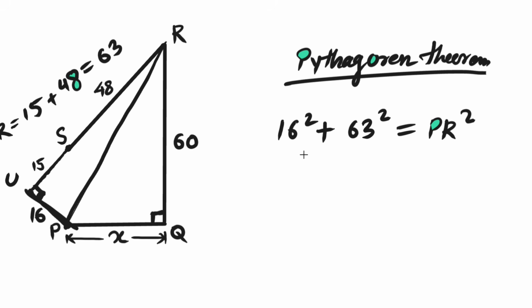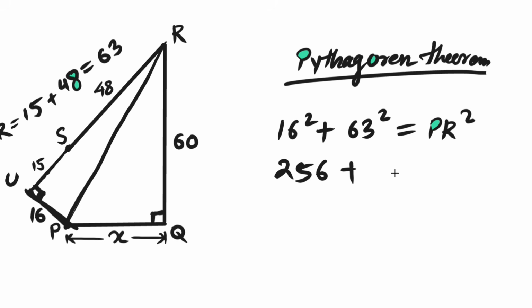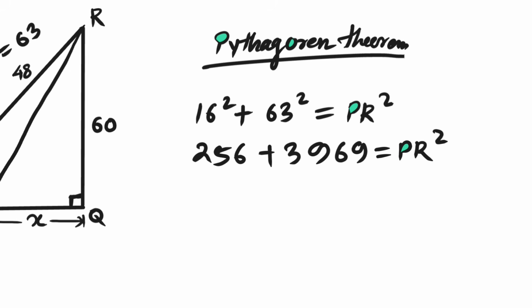Now, let's actually compute these. 16 squared is 16 multiplied by 16, which gives us 256. And 63 squared is 63 multiplied by 63, which gives us 3,969. From the previous equation, we get 256 plus 3,969 equals PR squared, and adding those together gives us